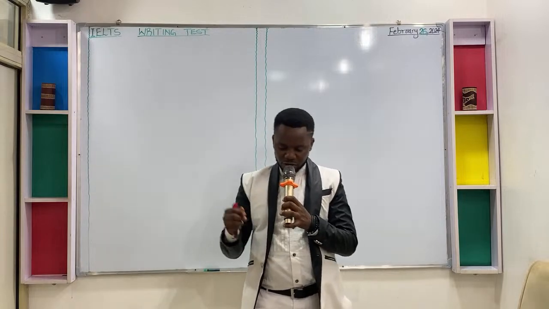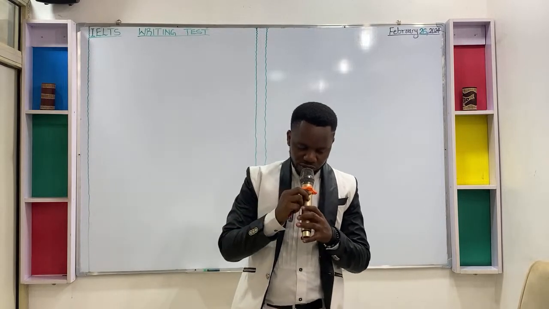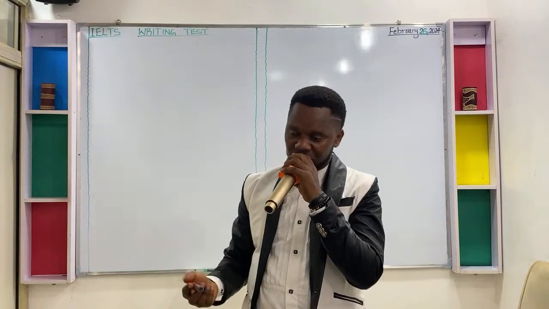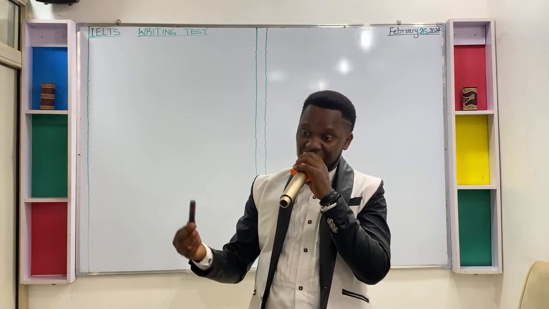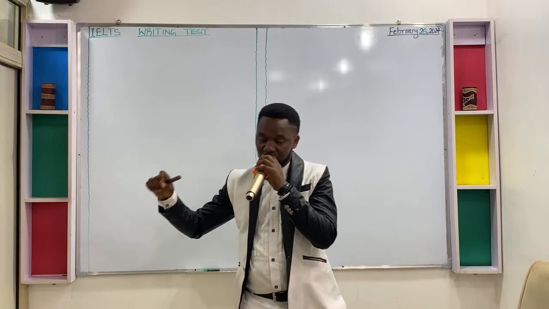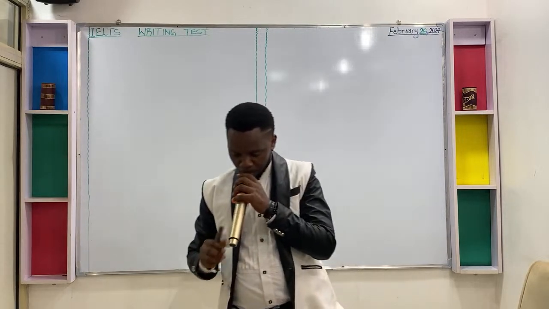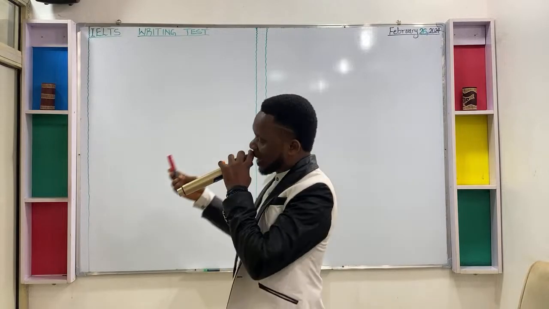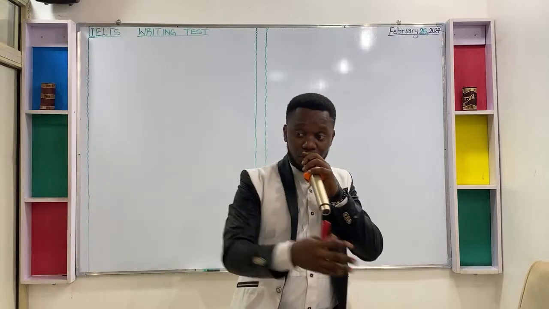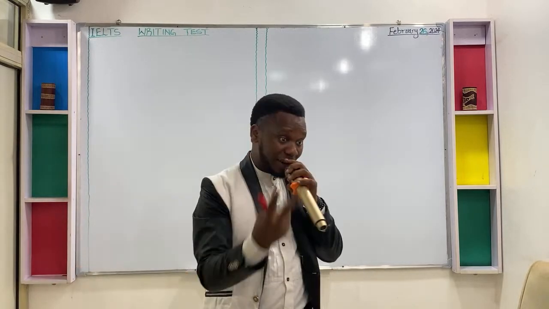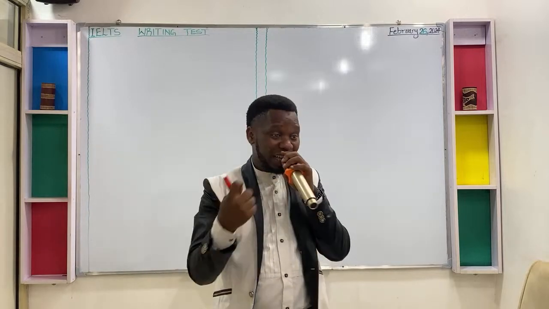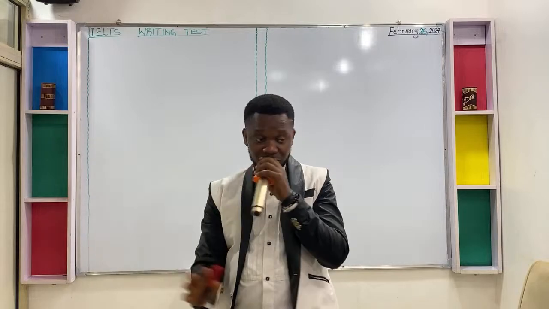Now, the type of IELTS you need if you wish to reunite with your spouse who is, for instance, settled in the UK, the type of IELTS exam you have to write is called the UKVI Life Skills A1. UKVI Life Skills A1, right? Now let's understand that the IELTS as a test has two types, apart from the different modules of IELTS. There are two types of IELTS. We have the standard IELTS and we have the UKVI IELTS. Please, do you understand this?